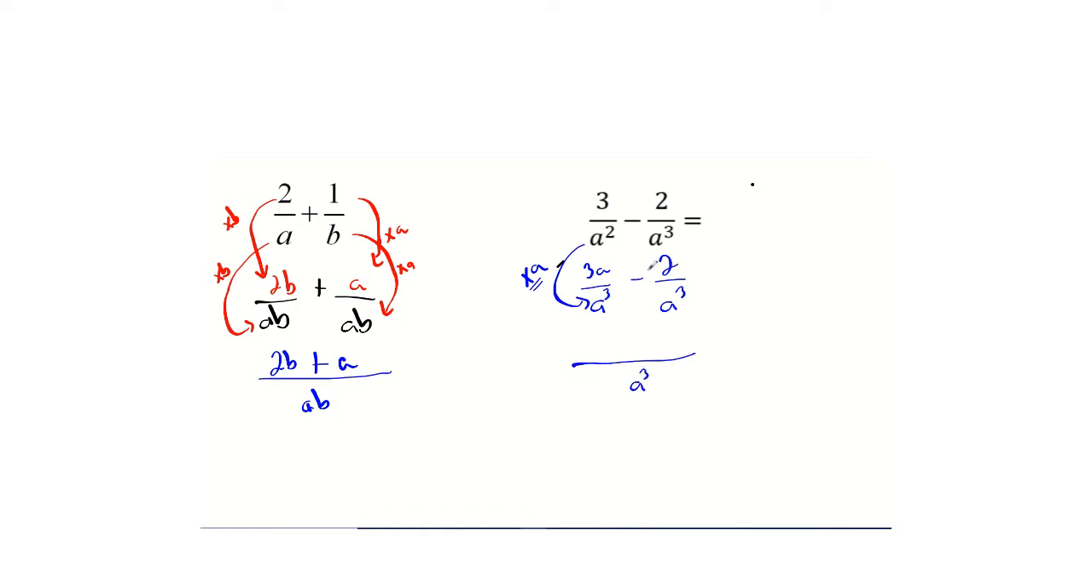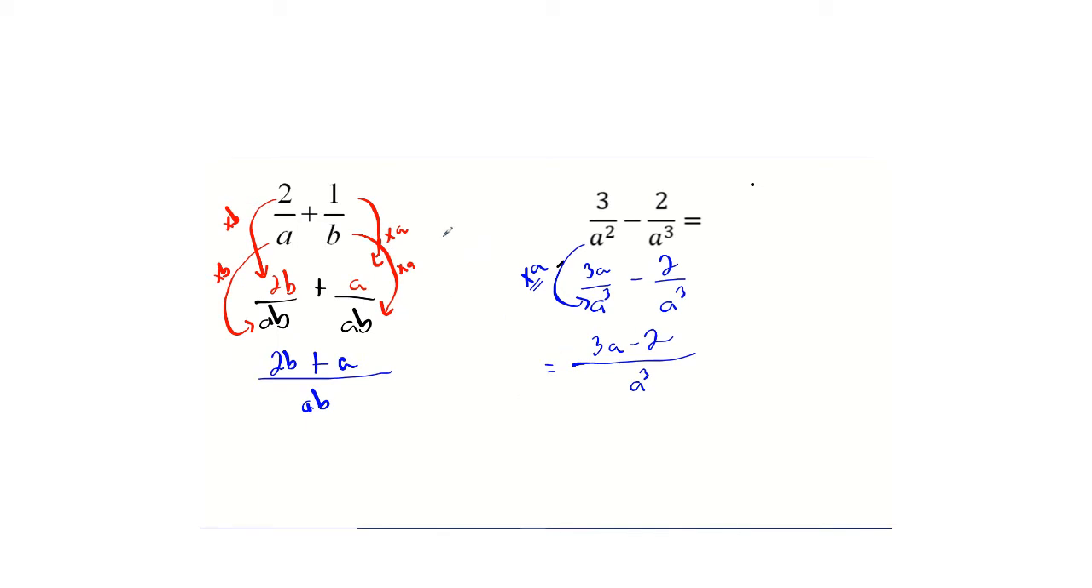These just get combined together. If they happened to be like terms, you would collect them, but they're not like terms. So we're just going to leave it as 3a subtract 2 over a to the power of 3. So that's kind of an introduction on where we're going with adding and subtracting